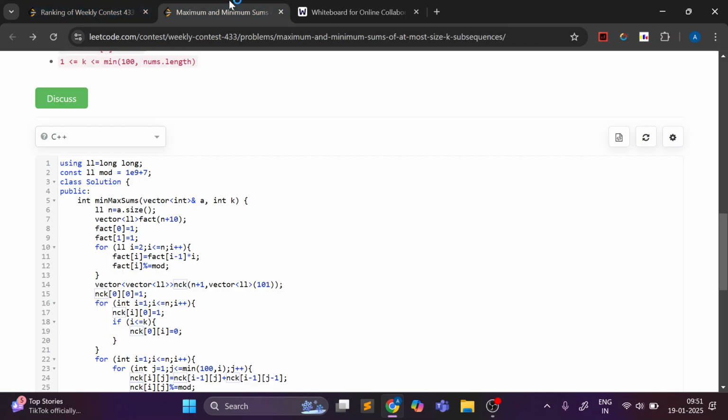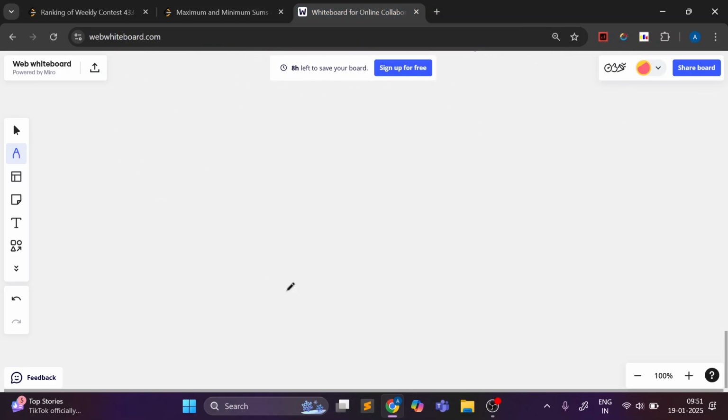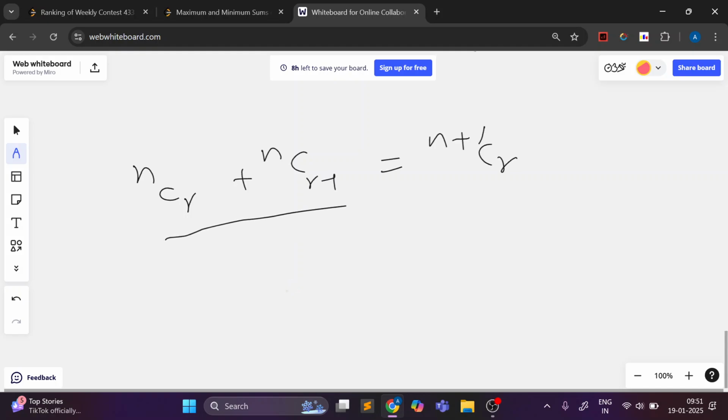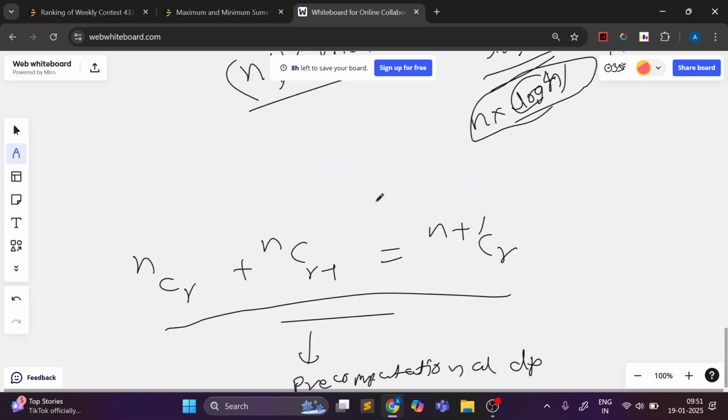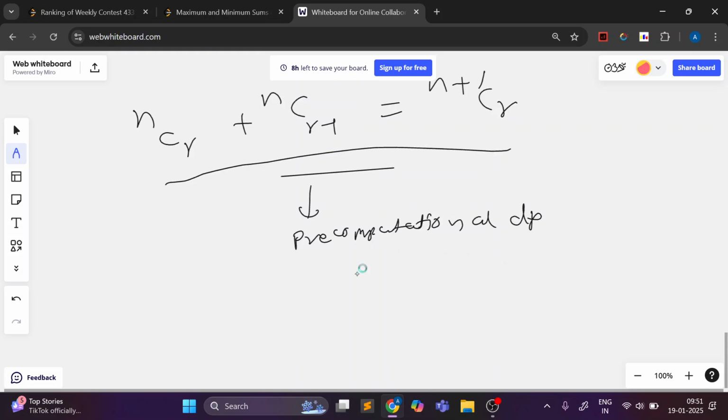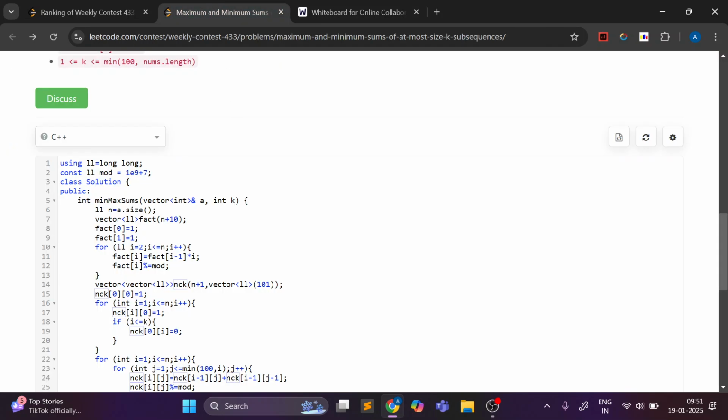So another way of doing it is based on this formula, that is NCR plus NCR minus 1 is equal to n plus 1 CR. So based on this formula, you can create a pre-computational DP. So you don't need to call this inversion function. So you will basically compute NCR for all the values of n from 1 to 25 and r from 100 to 1. So how do you pre-compute it? Using this